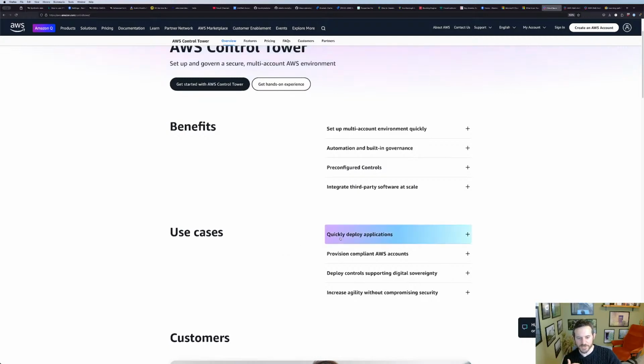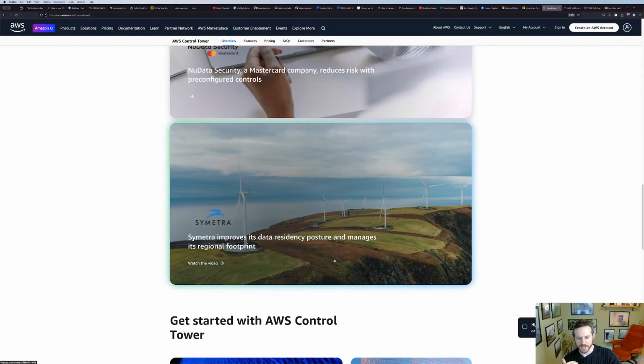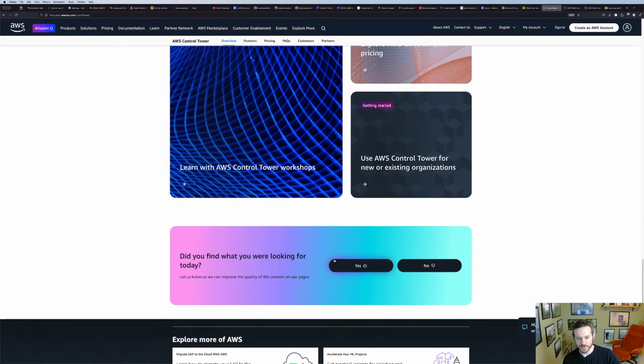Again, it adds some complexity, but allows you to deal with multiple environments in a single place.